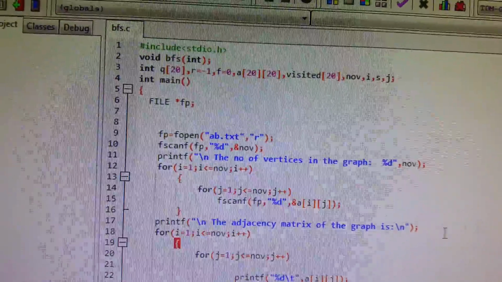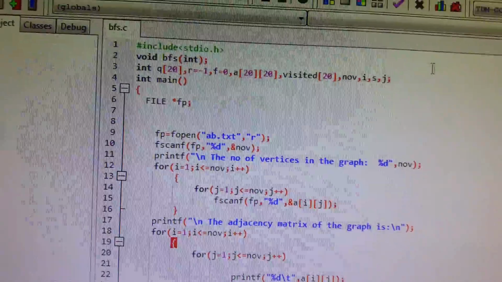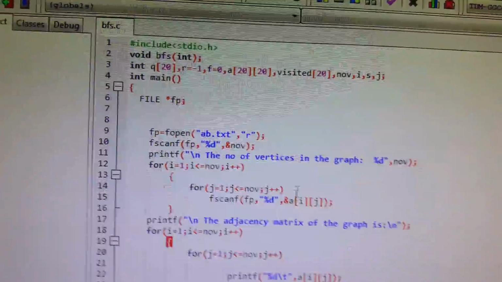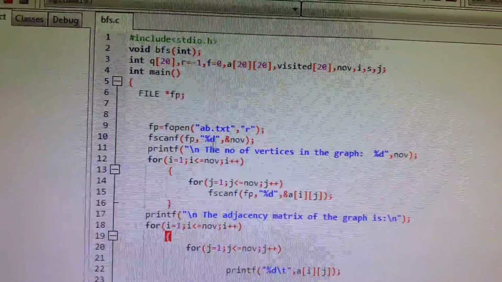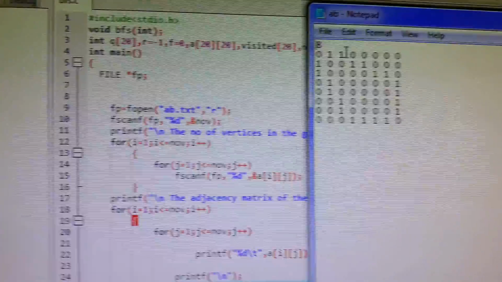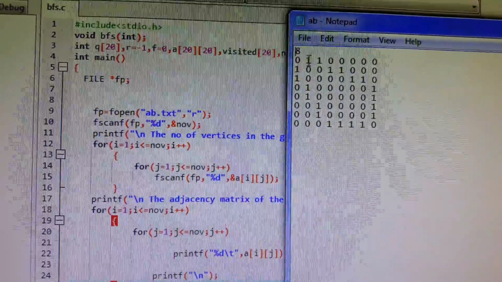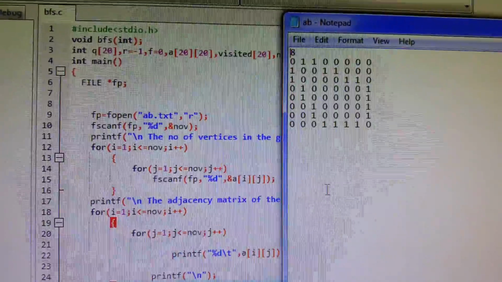Now I am showing you the C program of my BFS algorithm. See here carefully, I have used the file pointer to access my input from a text file, that is ab.text. In my text file I have taken as input the number of nodes in the graph, and the whole adjacency matrix that I have already shown you.